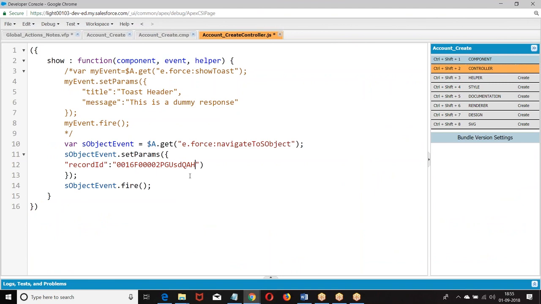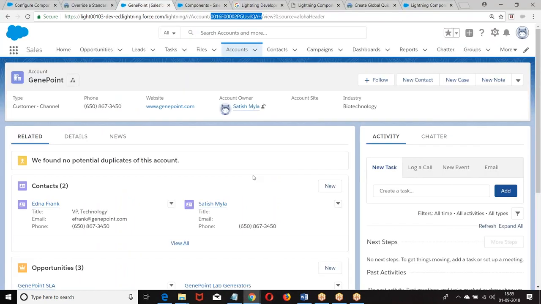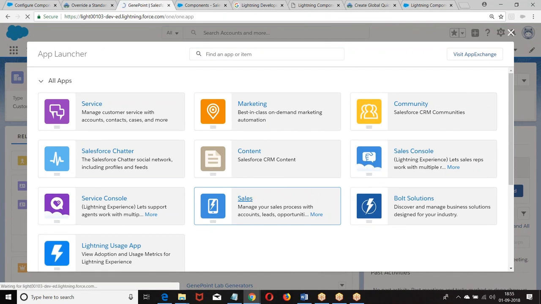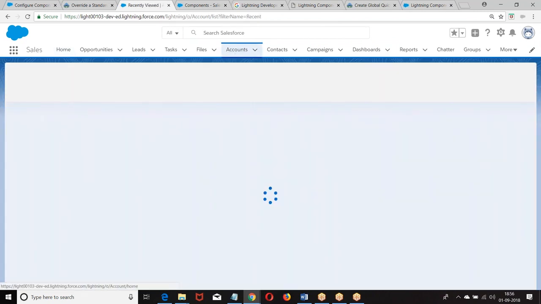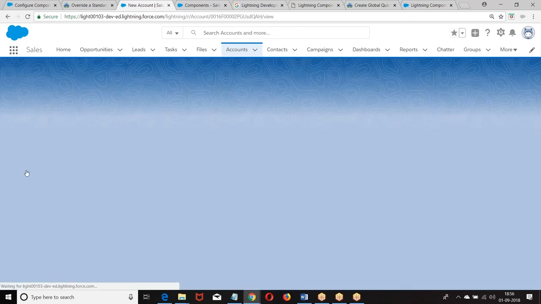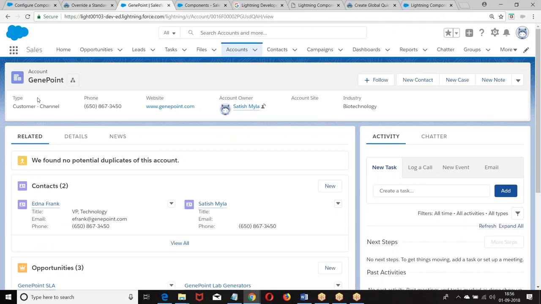Let me execute. Click on the submit. When you click on the submit, we go to the detail page of the particular record. This is how we have created it.